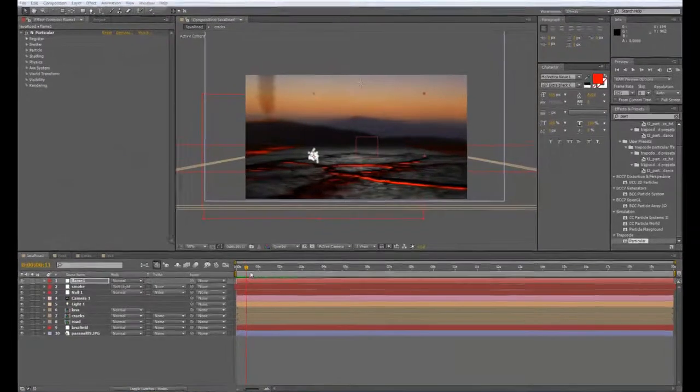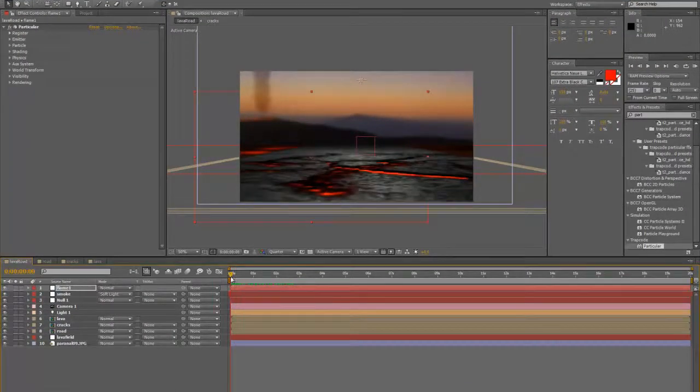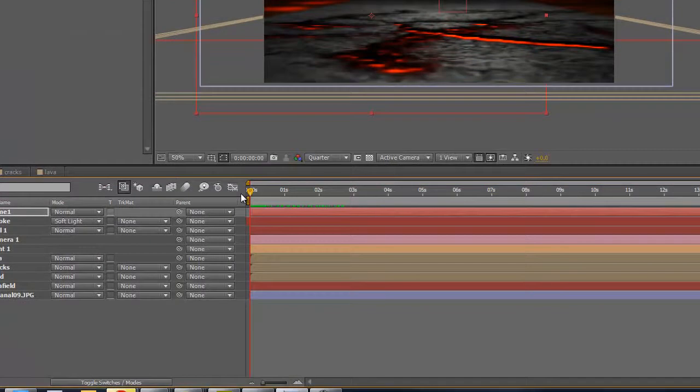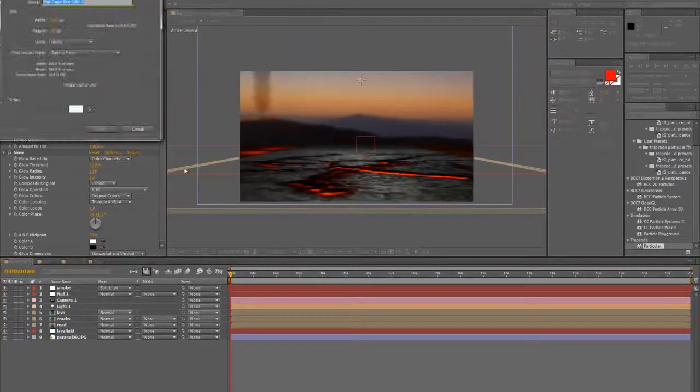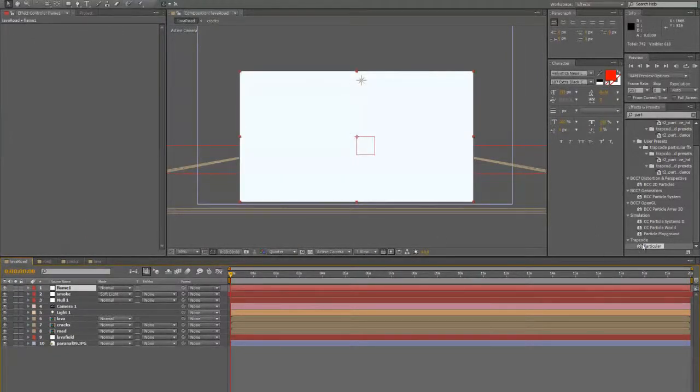The flame. Let's do a flame. Now, Particular has presets ready built for flames. However, we're going to have a little bit of fun making our own flame and hopefully helping people to understand the particle system just a little bit more. So I've created a new layer here, flame. In fact, I'll delete that and do it again. Layer, new solid, and flame one. Okay, we add Particular